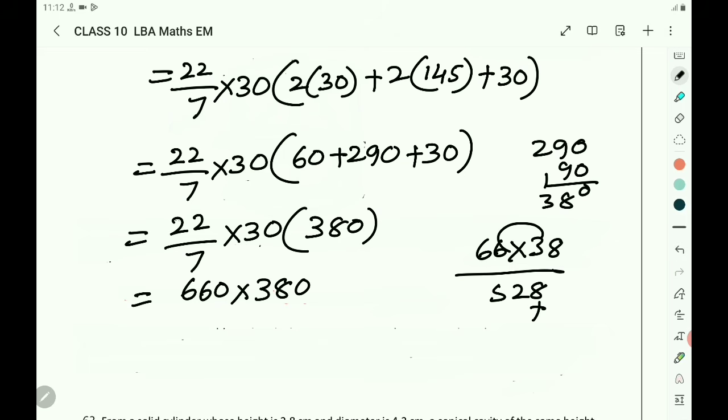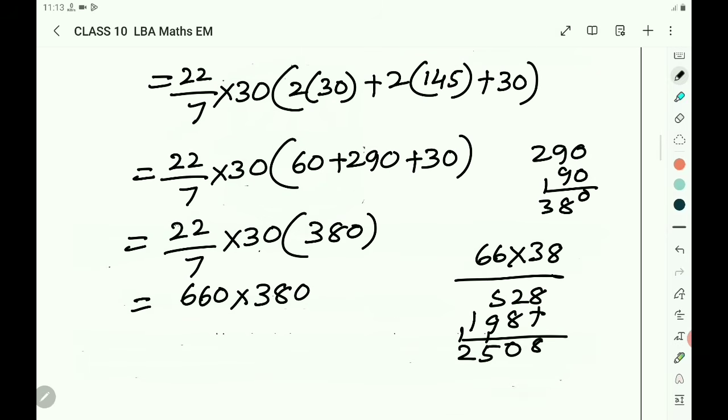Plus 6 3s are 18. 1 carry. 6 3s are 18 plus 1, 19. 8. 8 plus 2, 10. 9 plus 1 is 10. 10 plus 5 is 15. 2. So you got by 7 is there